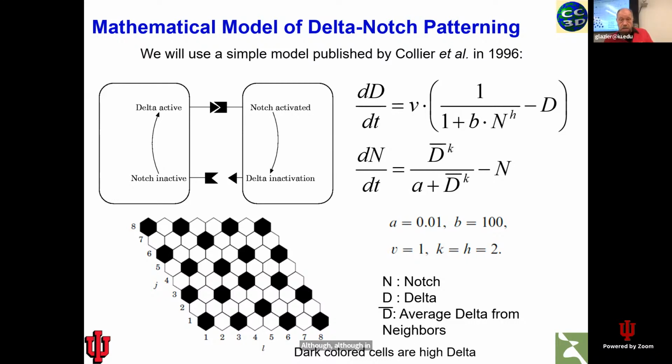Although in this case, we're thinking of delta as sending a signal and notch as receiving it. In reality, they are both receptors. Delta does actually receive signals as well as send them. But we're thinking about this here as delta sending. If we think about a male and a female plug, you can think of delta as being, well, actually the signal comes the other way. If we think about a wall outlet, the signal is coming from the wall and going into the cord, right? So,